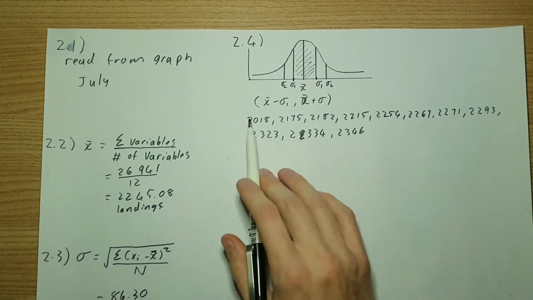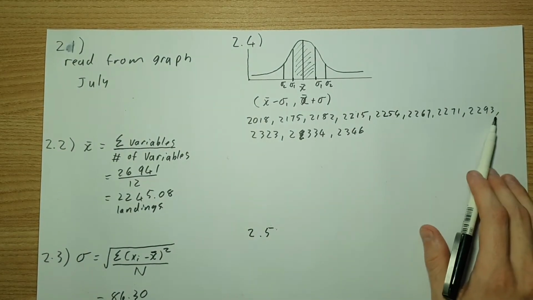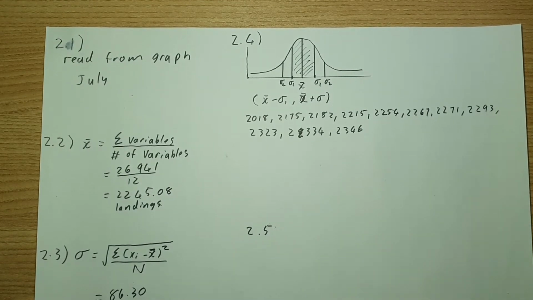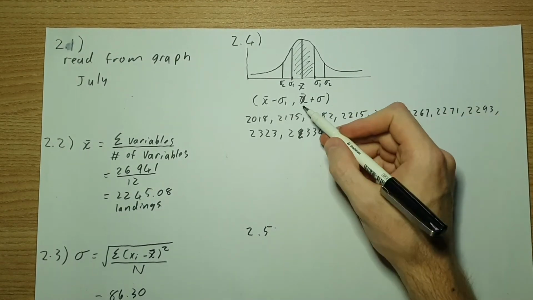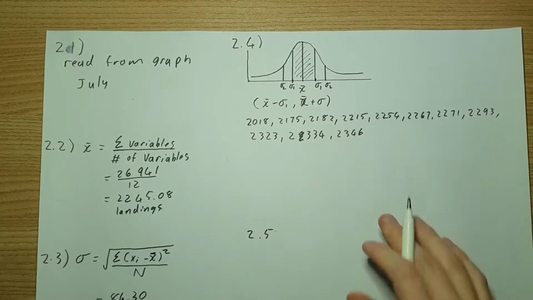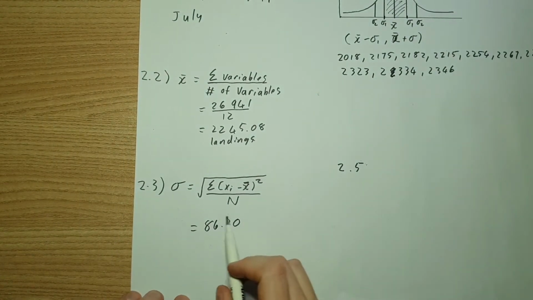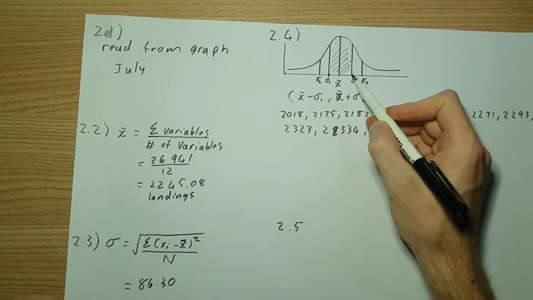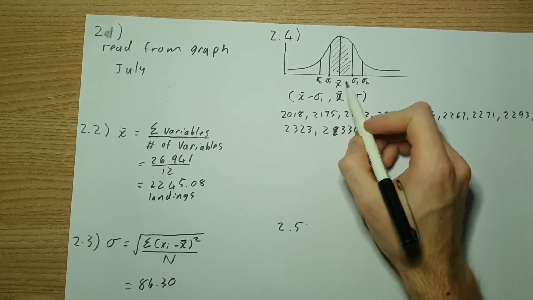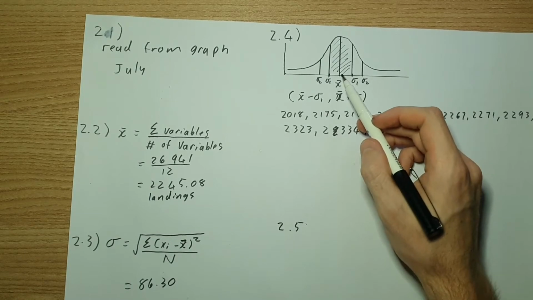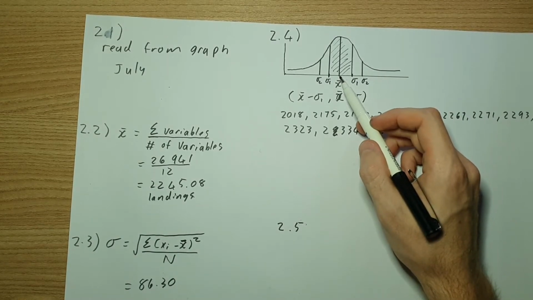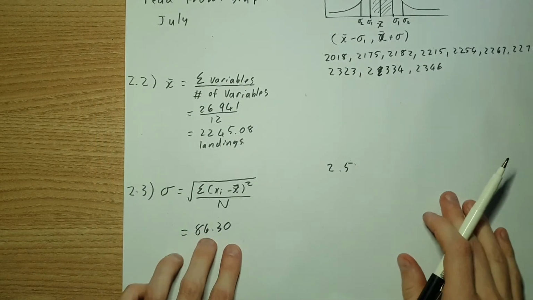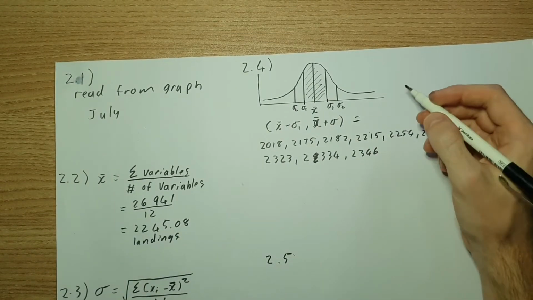This is where writing out your numbers in order comes into play. First of all, we have to work out the interval for 1 standard deviation. We know the standard deviation is that amount. So 1 standard deviation would mean taking your mean and adding 86.3. 2 standard deviations would mean taking the mean value and adding 2 times the standard deviation value. So this is then going to be